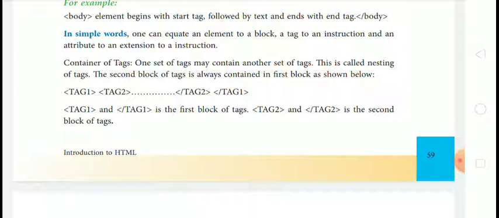Coming to the bottom part, tag 1 and closing tag 1 is the first block of tags, then tag 2 and closing tag 2 is the second block of tags. A tag containing any other set of tags is known as nesting of tags.